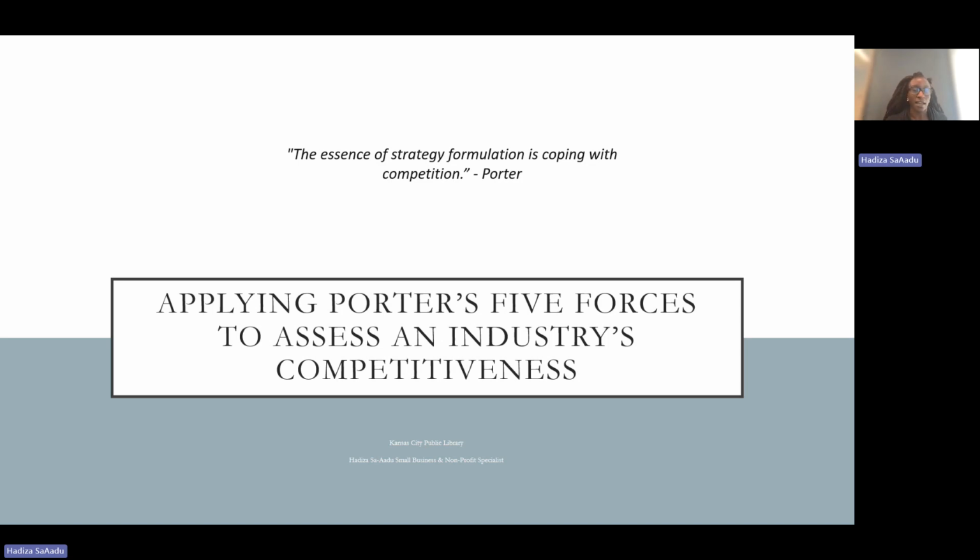Models like the SWOT analysis relied on more static key assumptions, and one of these assumptions is called perfect information symmetry. If you've ever heard of the term information symmetry or information asymmetry, it really just refers to the flow of information, whether it's from a source to a recipient.